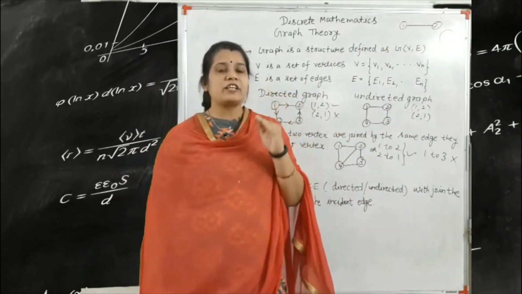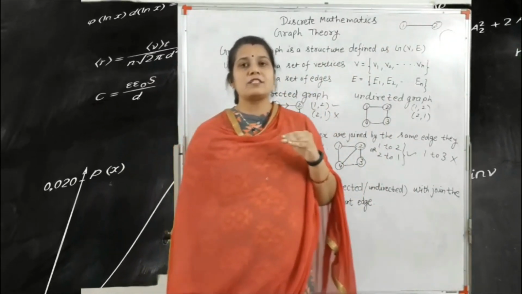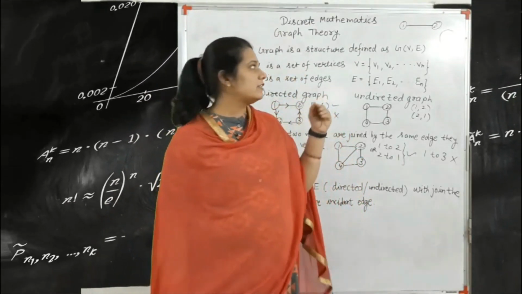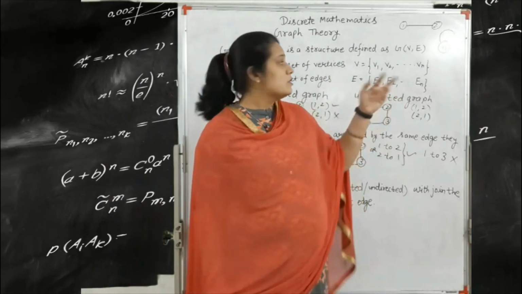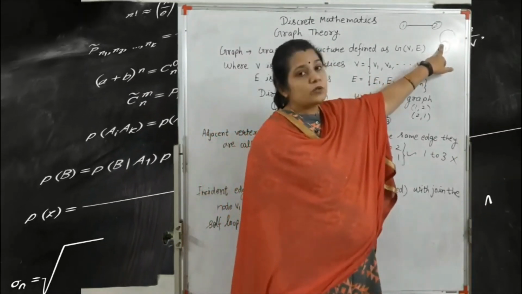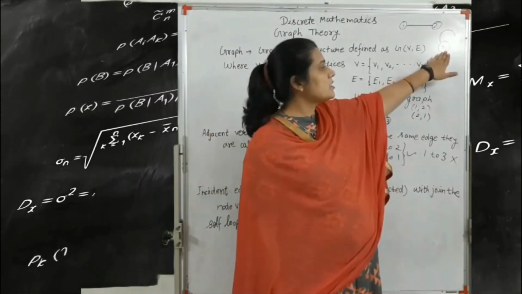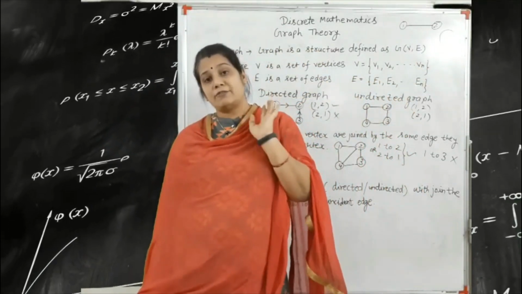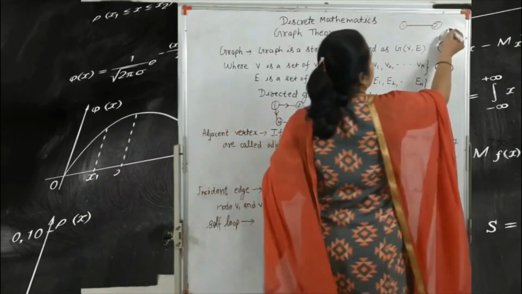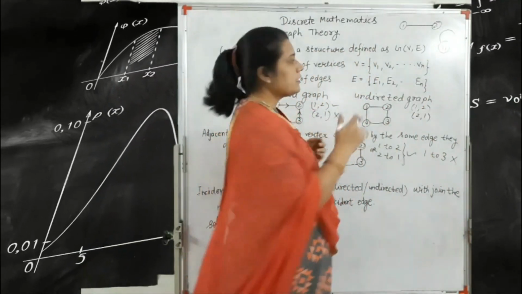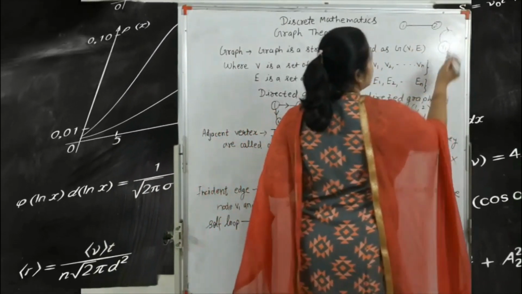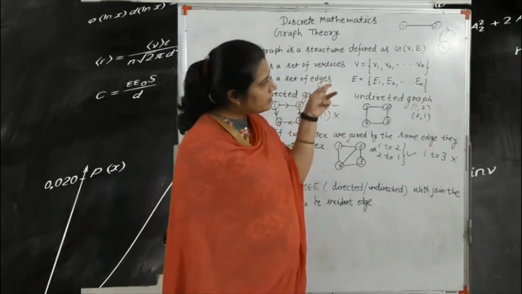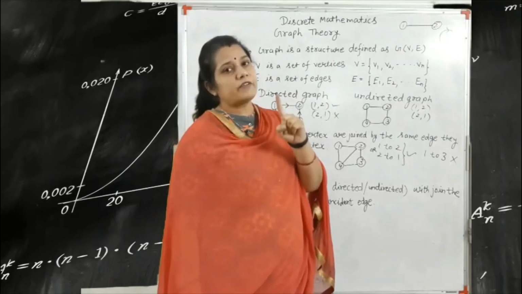This is a very important definition because the self loop is very important. In the next lecture we will find the different types of the method, so the self loop is also included. What is the definition? The starting and ending node is the same. This is called the self loop. For example, this is undirected. But in case we write here the direction, that means what? V1 is one node or vertex.